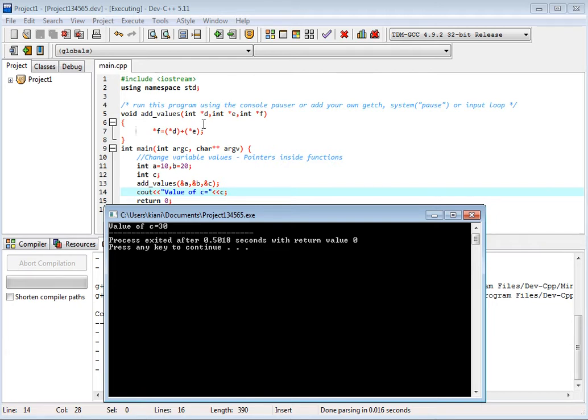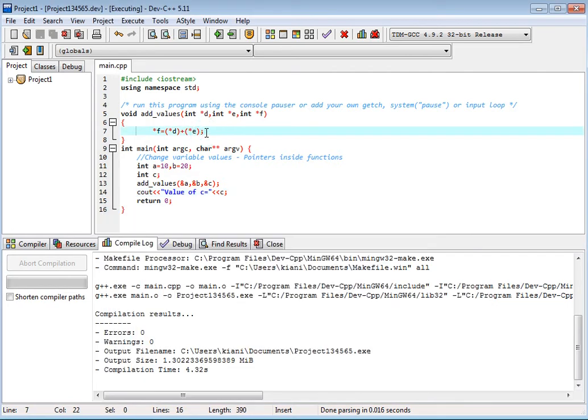So if you do not use pointers, let's see how we will do that.